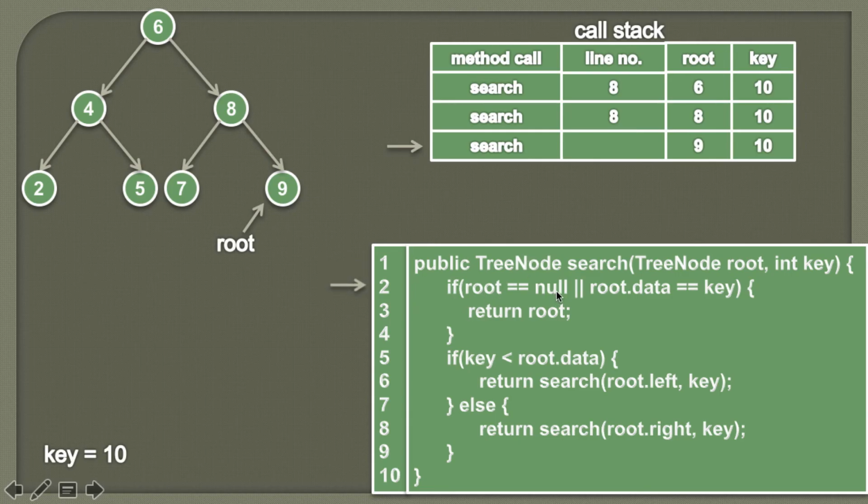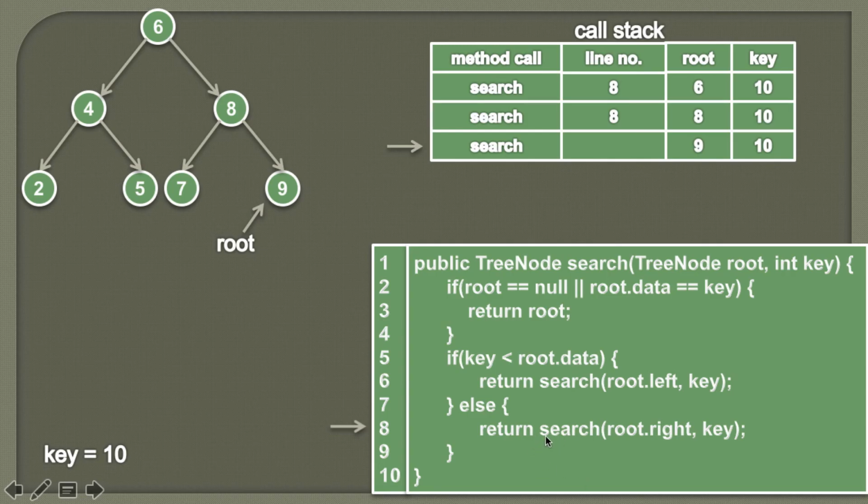We'll again check whether root is equal to null. So here root is not equal to null because root is pointing to a node having value as 9. We will also check whether root.data is equal to key or not. So root.data is 9 and the key which we want to search is 10. Therefore root.data is not equal to key. So the condition in if block comes out to be false. We'll again check whether key is less than root.data or not. So here 10 is not less than 9. Therefore the condition in if block comes out to be false and the else part will be executed. Because we know that 10 must be lying somewhere to the right subtree of 9.